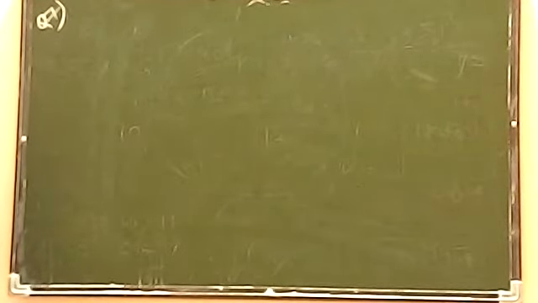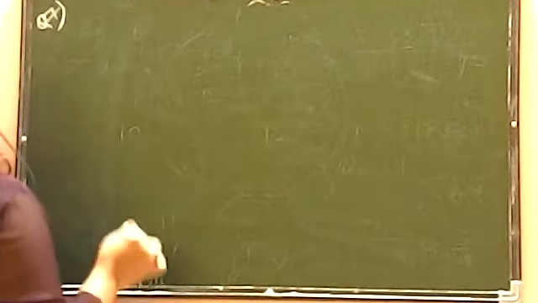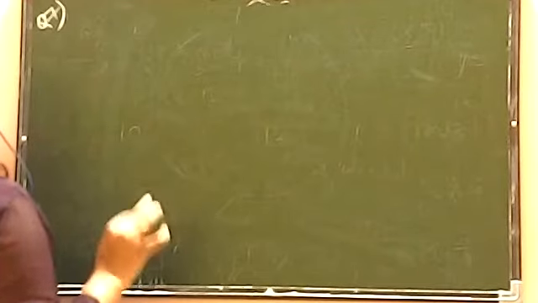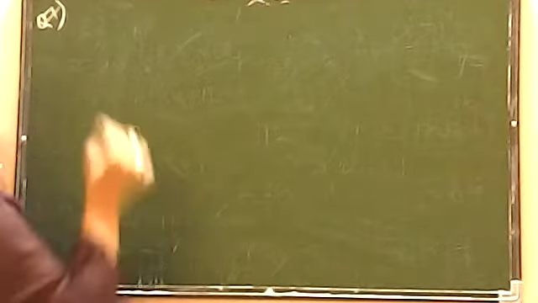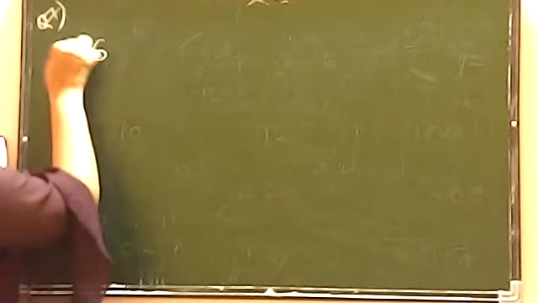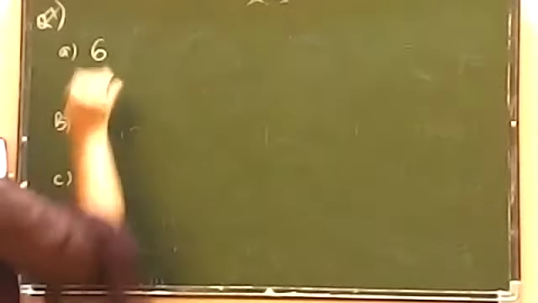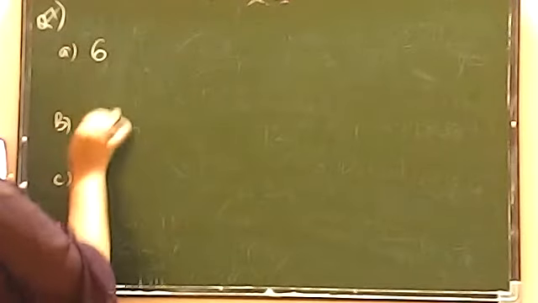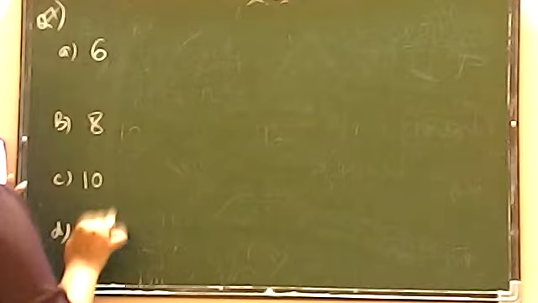Direction based questions, east, west, north, south, we will study tomorrow. So what is it telling here? Where will the hour hand of a clock stop if it starts from 6 and turns through 1 right angle? Now look here, 6 है. सबसे पहले I'm writing down this question A, B, C and D. यहाँ पे आपको स्टार्ट करना है 6 से, यहाँ पर स्टार्ट करना है 8 से, यहाँ पर स्टार्ट करना है 10 से, यहाँ पे स्टार्ट करना है 7 से.